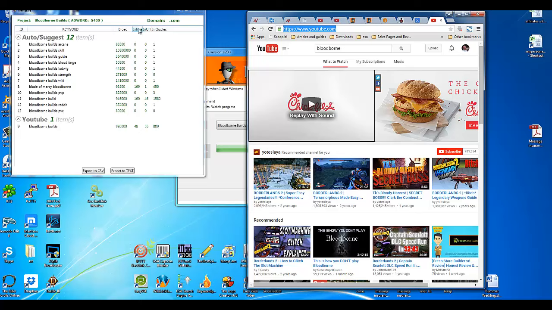Next thing, this is where it's important. These three columns here are extremely important for determining whether you have a viable keyword opportunity or not. Okay, looking at bloodborne builds Arcane. Now if you were trying to create a video or a web page for this keyword, chances are you are going to have a very easy opportunity to rank, and here's why. There are 0 results